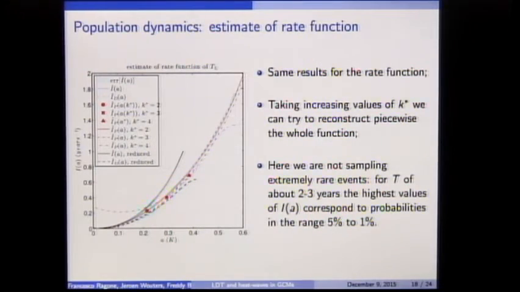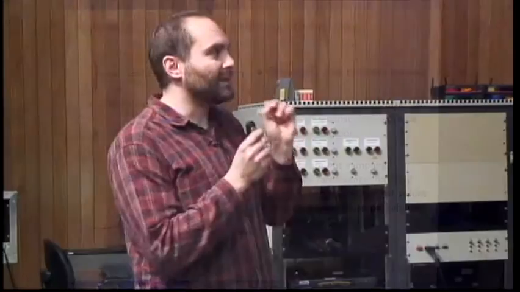The point is, the idea is that if we are able to push this method to really sample very, very rare events, then it could be that we are computationally more efficient. But this depends on what we want to look at. There will be cases in which making 300 years of direct numerical simulation would be enough to do what we want to do. This depends. It's not that we can use it for everything. It will depend on the question we are asking.